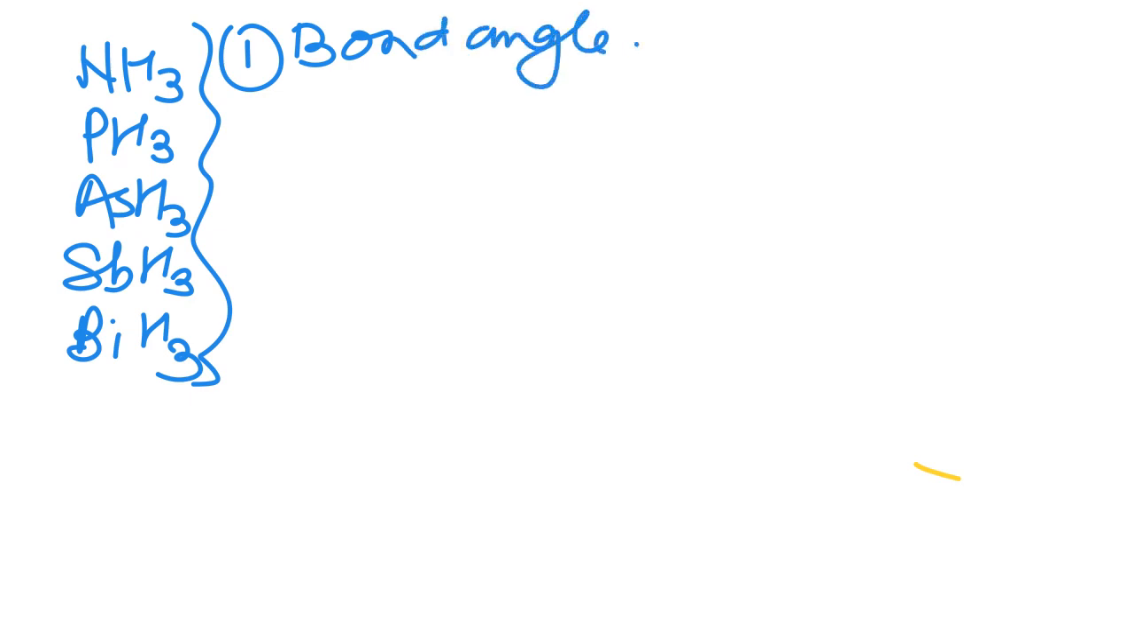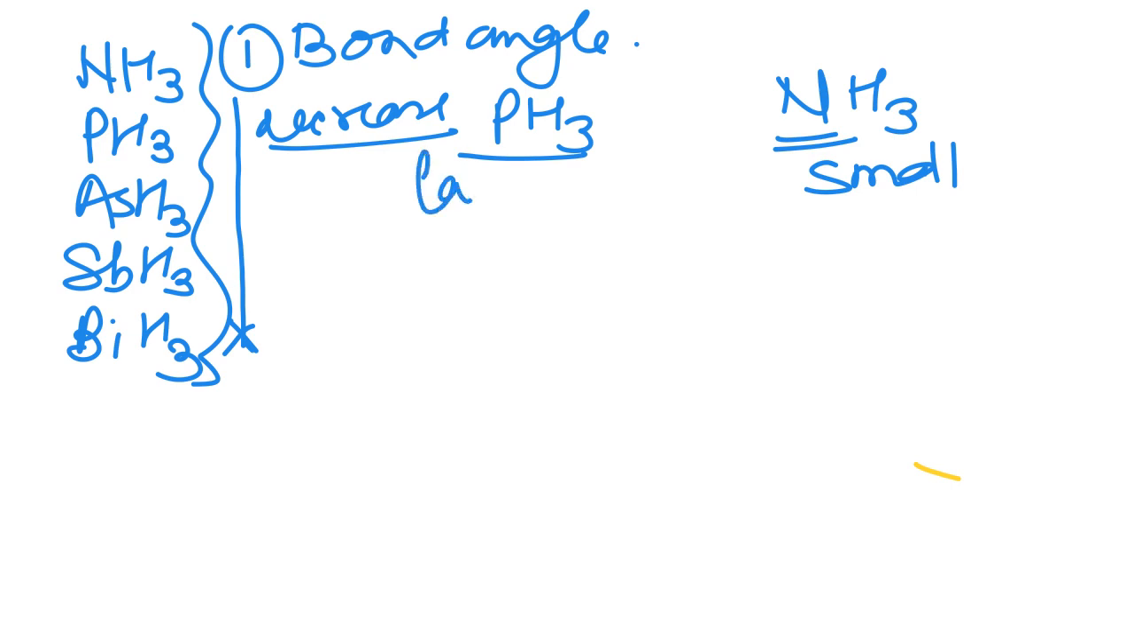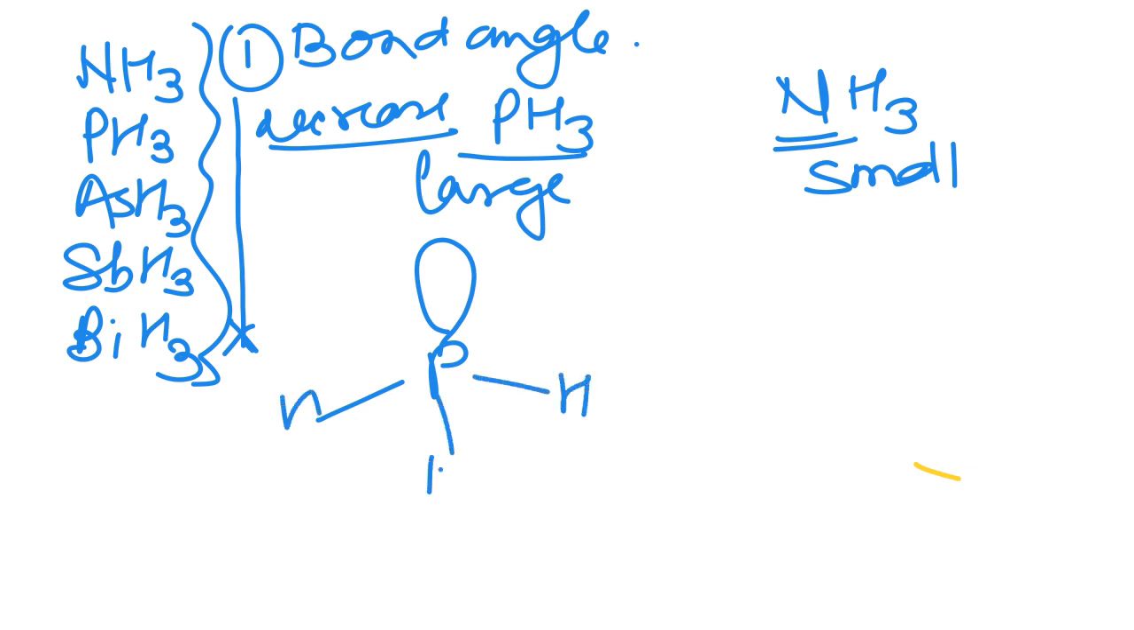Bond angle. As we go down the group, the bond angle decreases down the group. So we will study examples of this, that is PH3 and NH3. The size of the nitrogen is small here and the size of the phosphorus is large. So you see the molecule of the phosphine, it is like this, having a lone pair of electrons, and ammonia